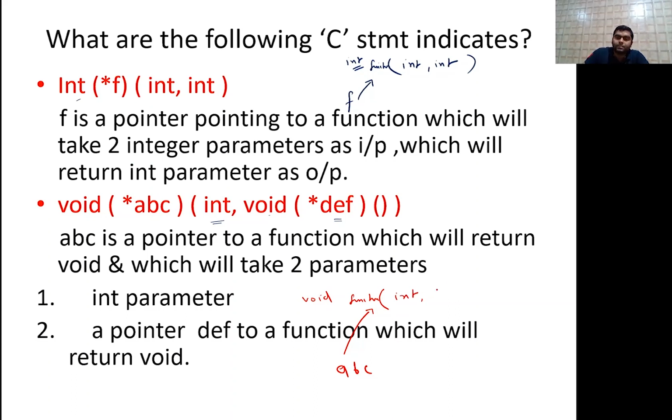The first parameter is integer and the second parameter is again a void pointer, and it is a pointer def which is pointing to a different function. So this def will point to a different function, function number 2, and this is function number 1, which will take nothing and return what? Void as output.